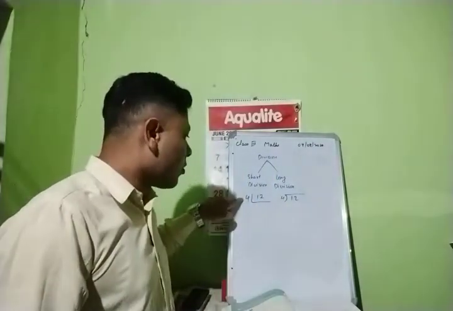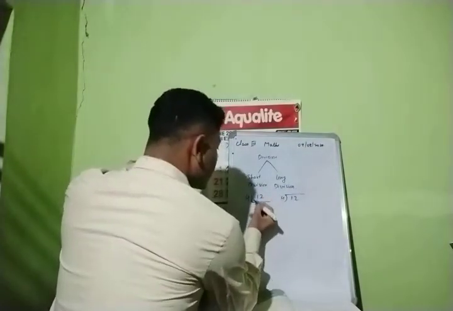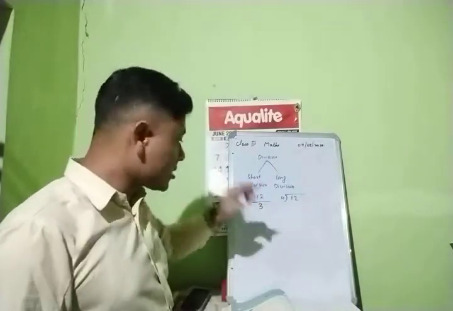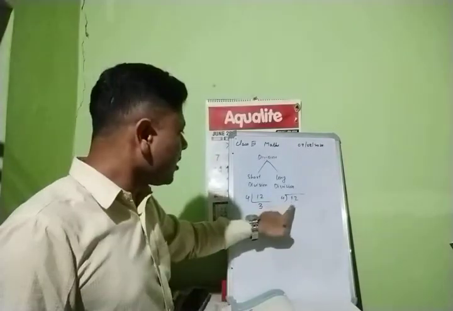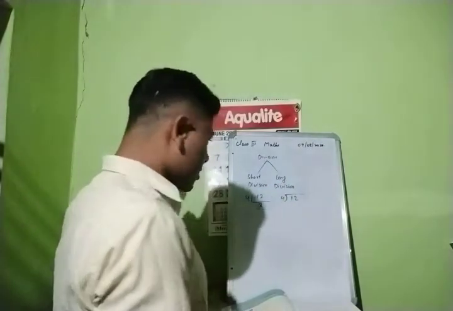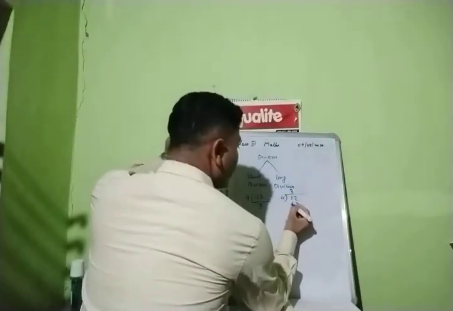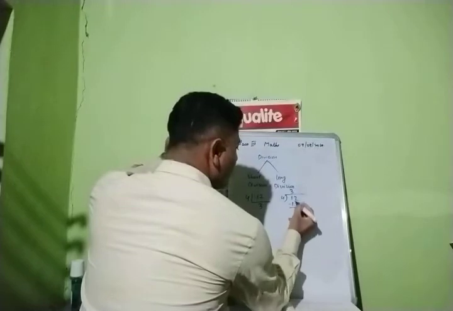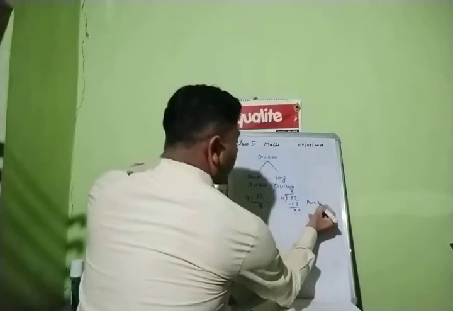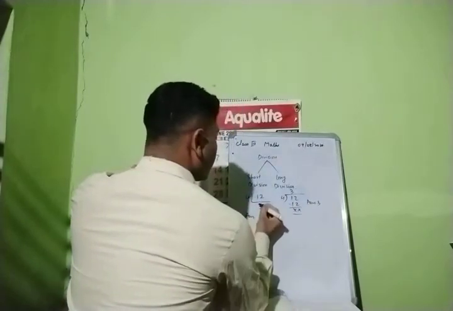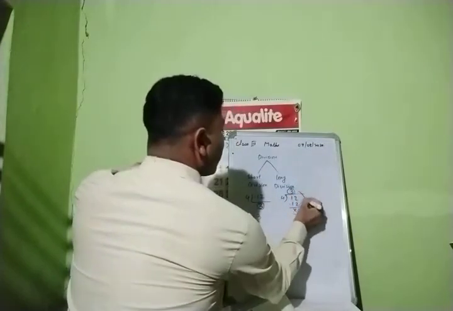Now, 4. 4 ones are 4, 4 twos are 8, 4 threes are 12. So 4 threes are 12. This is known as the short division method. Then here long division, 4. 4 ones are 4, 4 twos are 8, 4 threes are 12. So 4 threes are 12. Then minus. 2 minus 2 is 0. 1 minus 1 is 0. So the answer is 3. Here also, whatever will be left here will be your answer, and whatever will be left over here will be your answer.